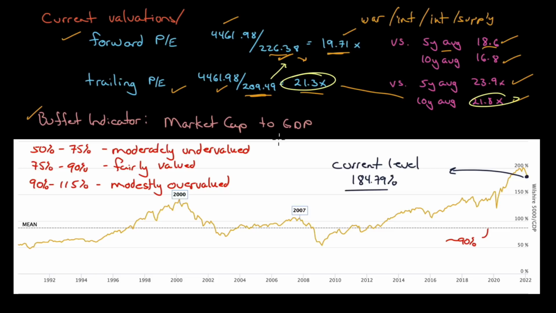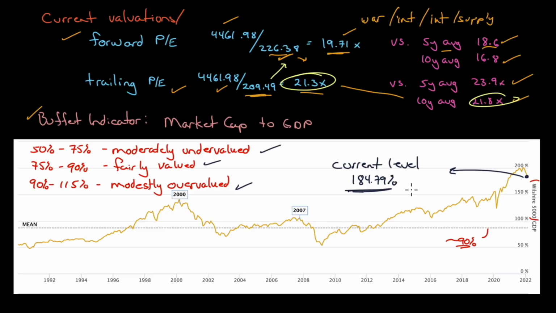This is the market cap to GDP, and here we're going to use the Wilshire 5000 because it is the most representative of the total market cap in the U.S. to U.S. GDP. The long-term mean is 90%. And different ranges mean different things. 50 to 75%, you are moderately undervalued. 75 to 90%, you're fairly valued. The 90 to 115%, you are modestly overvalued. We are at